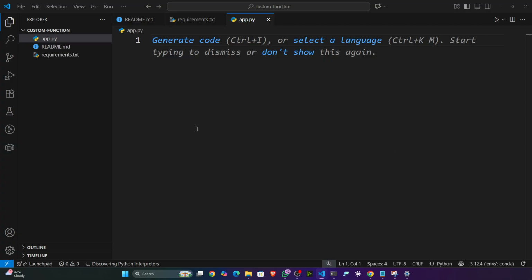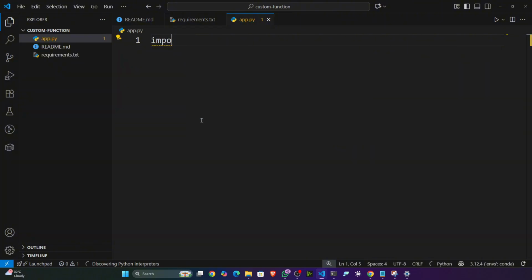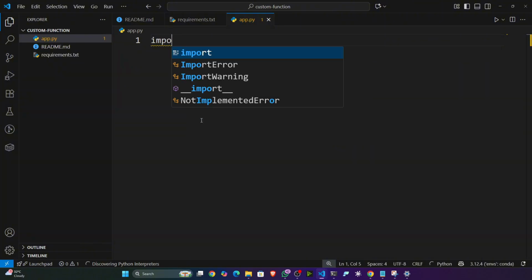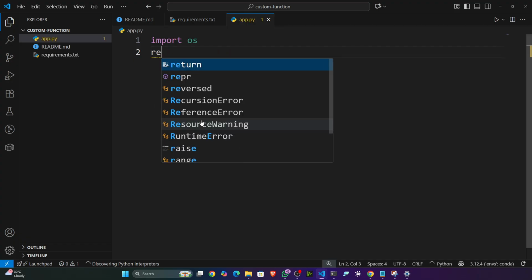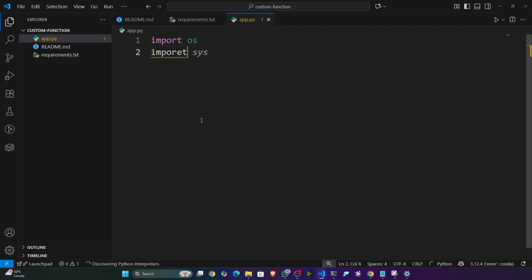So for this, I'm going to import some libraries. So let's import operating system, import os. Yeah, then I need requests, so import